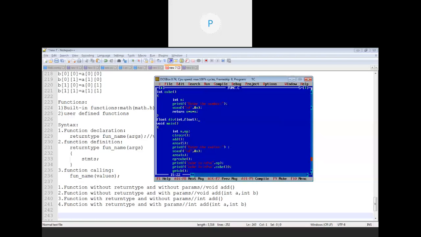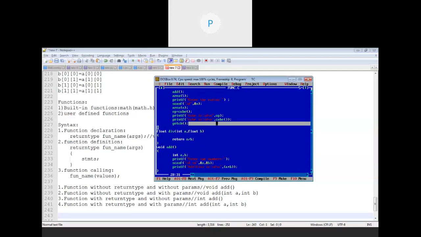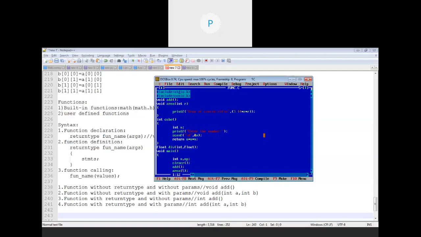You don't even have to specify any parameter name over here. It can be just int comma float, and at the time of defining it you can give a, b, x, y, anything, because these are treated as formal parameters, and these values are treated as actual parameters.